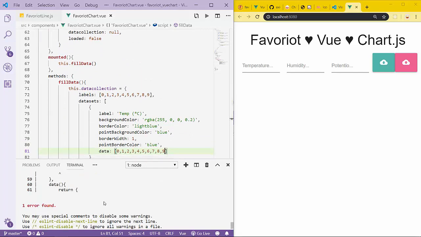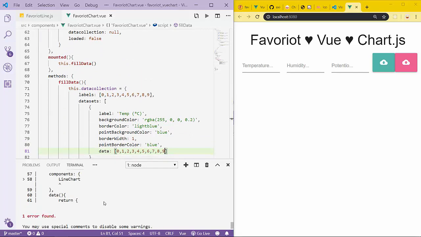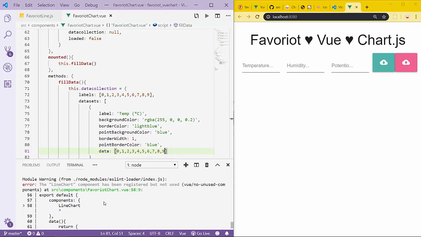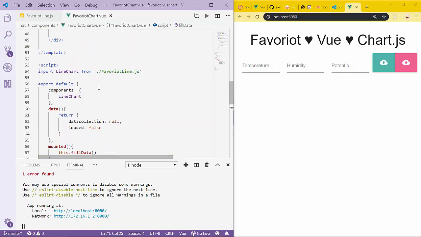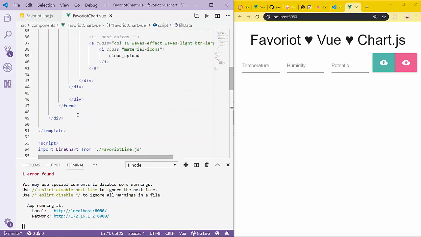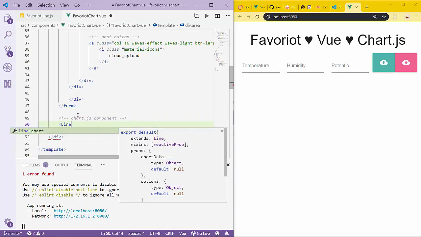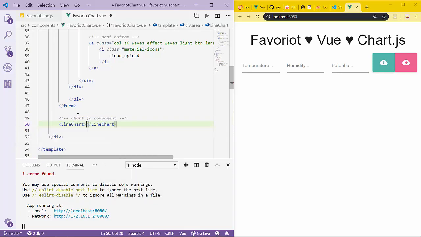Okay, so what is this error? Line chart, component line chart. Okay, so I have to insert the line chart on my template. So I insert here, example. So this is the chart.js component. Let's insert here line chart like that, and